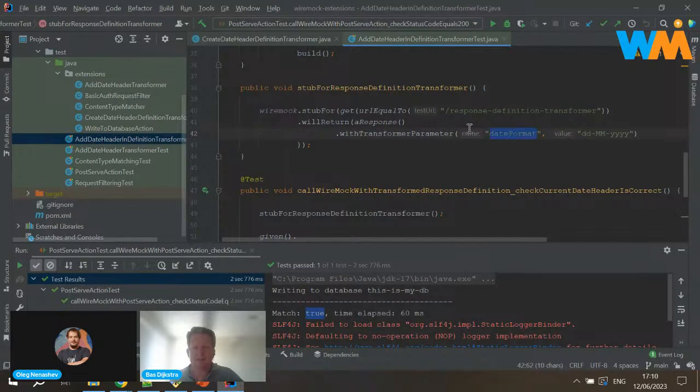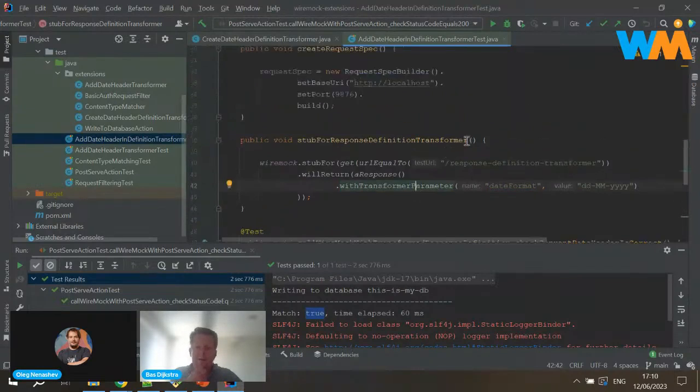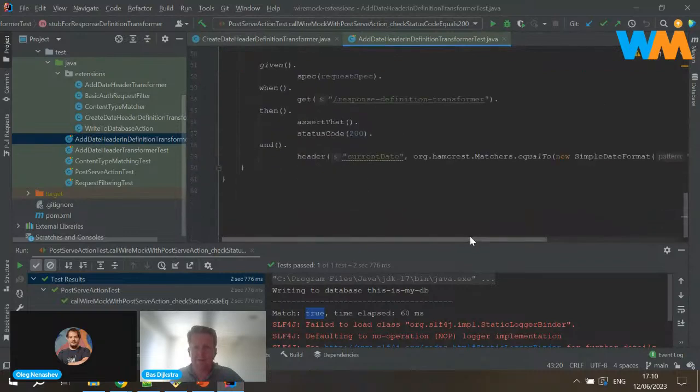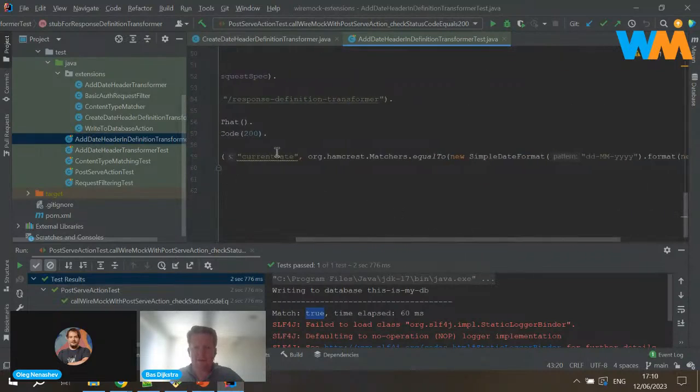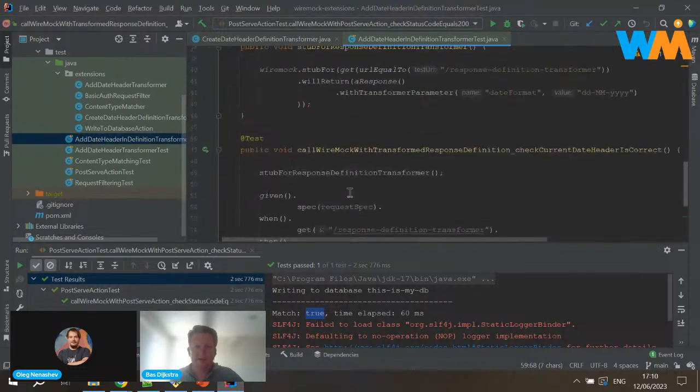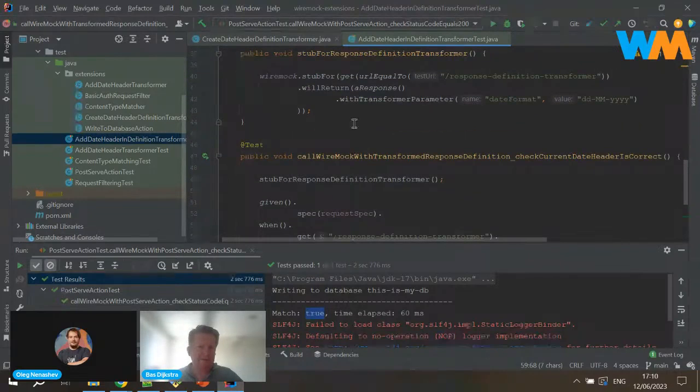And so this test uses the response definition transformer. It supplies the date format, and I make sure here that the current date actually is equal to the current date in this same format, which is just proof that WireMock applied this response definition transformer.